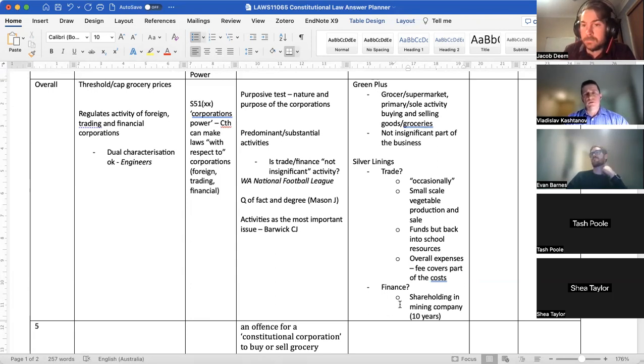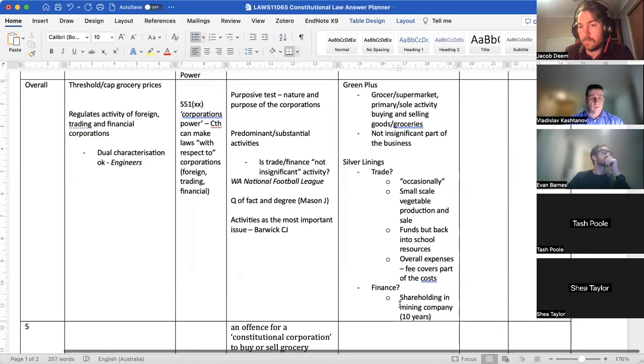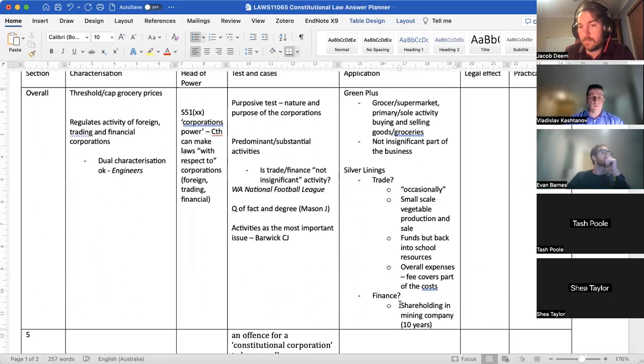Can I just ask a question whether it is even necessary to talk here about substantiality or non-substantiality when we're trying to qualify it as a finance corporation? Because I think that should be covered by another case, where a corporation which engages in its financial activities to facilitate only its primary function is still a financial corporation. And